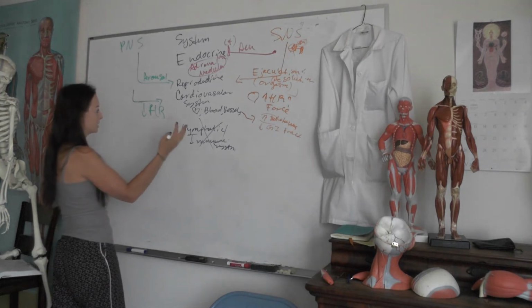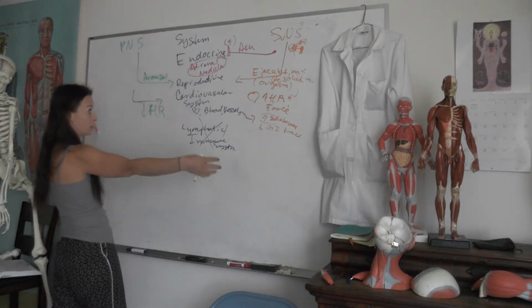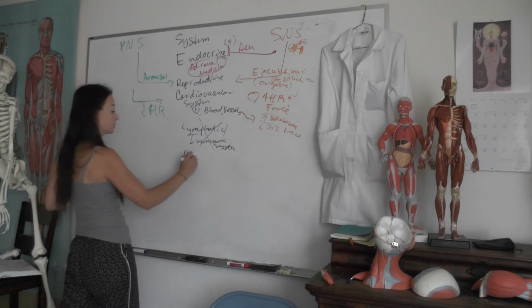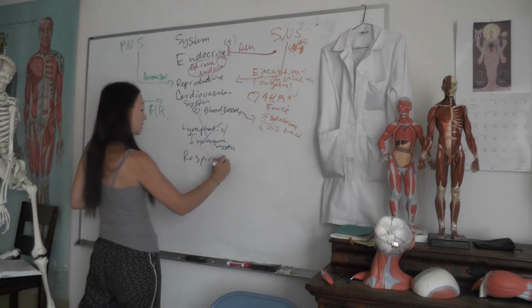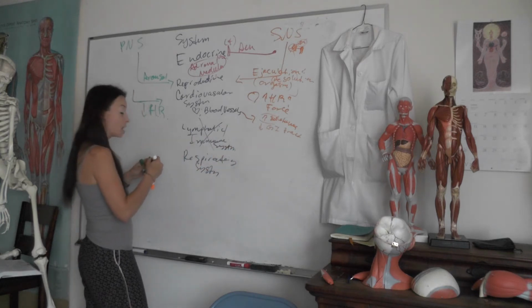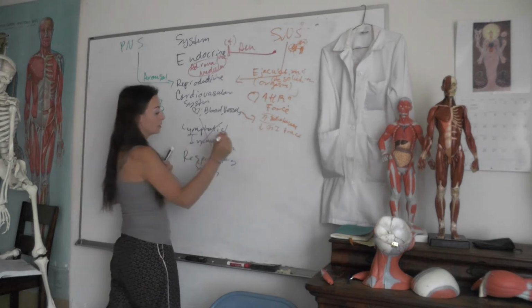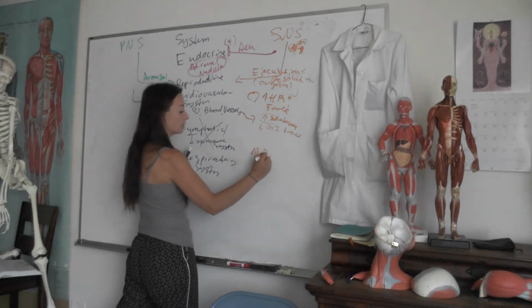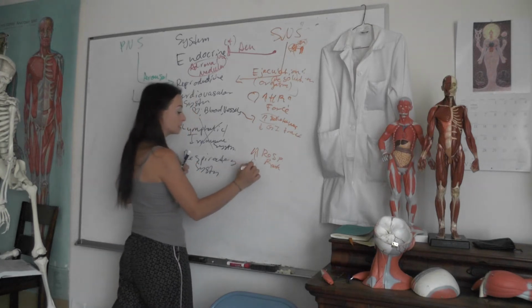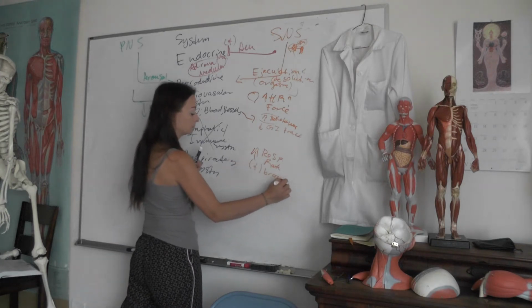As far as things that you need to worry about for how we're reviewing this system and why we've done it this way, the next system that you'll talk about is the respiratory system. Okay, and what did we say that the sympathetic nervous system did at lungs? It increased our respiratory rate, right? So we increase our respiration rate, but we also do bronchodilation. So this will stimulate bronchodilation.